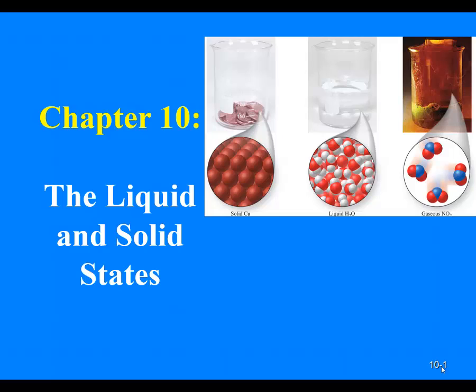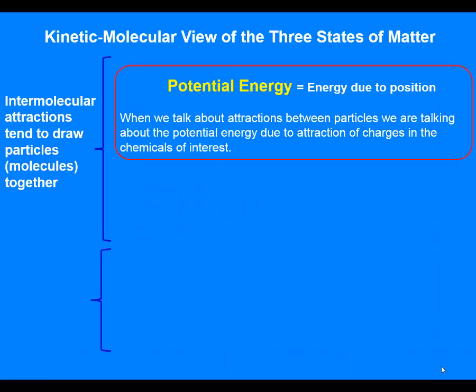We're going to begin with looking at changes between solids, liquids, and gases, and some of this might be a little bit of a review, but we want to be looking at what's going on at the smallest levels with the atoms, ions, molecules, as well as the energy changes that are occurring as we go through these changes in states of matter. In more advanced courses, we might look at phase diagrams, but we won't be focusing on that in this particular chapter. Now, first of all, if I consider what is holding my particles together in a substance,